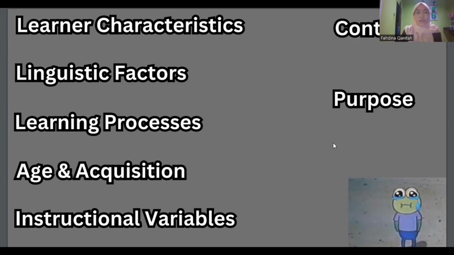How active do we want the learning to be in our second language class? And number 7 is about the context. What are the questions on the context that we need to be aware of? The context is something like, when we teach a foreign language or a second language, we use a fake environment of that target language.